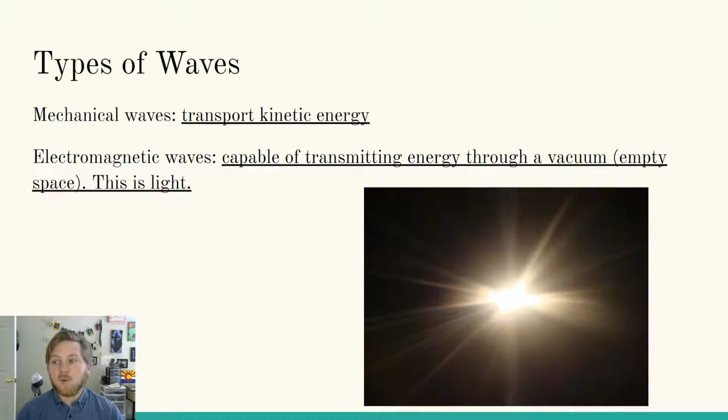Unfortunately, we experience the speed of light, or we see that the speed of light is the same pretty much no matter where we are, no matter how quickly we're moving. And this caused a problem for having a medium for electromagnetic waves. And so we eventually abandoned it. So light is the only thing that is a wave that is carrying, of course, electromagnetic energy, but it doesn't need a medium.